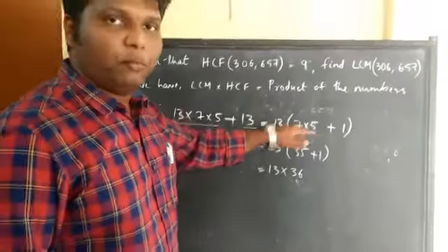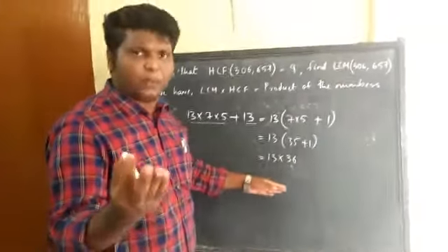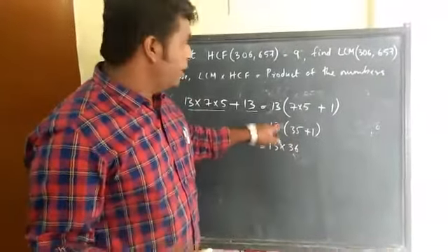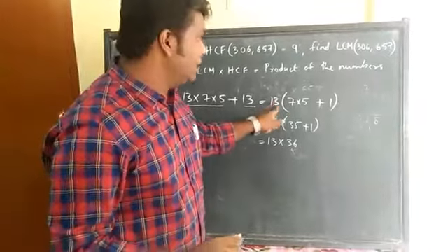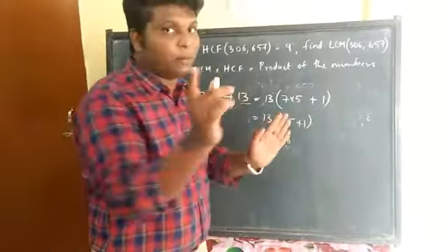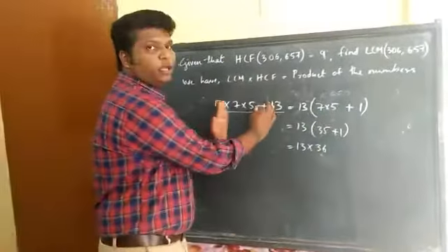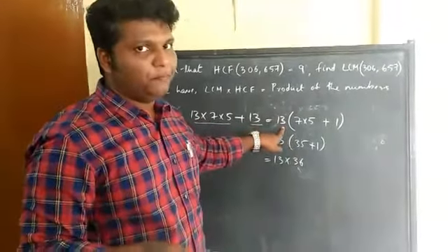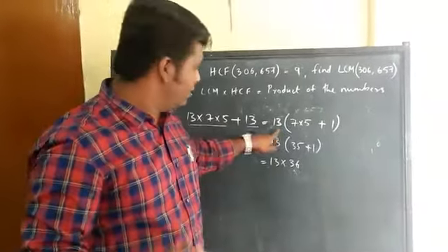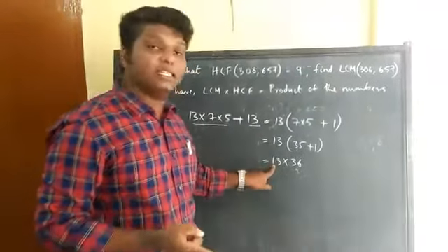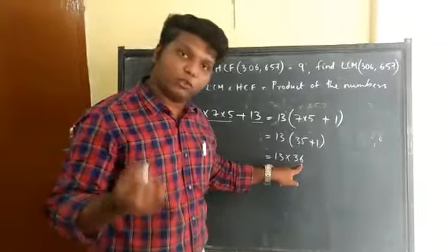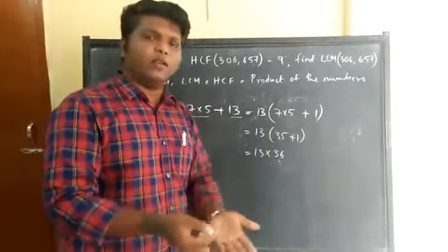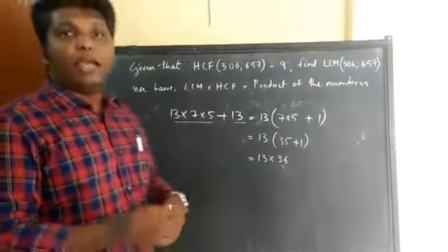Really this step is enough. But I just made up to here. It depends upon your confidence. If you are able to make up to here, it's okay. But from here itself it is very clear: 13 into a particular number. What does this mean? This number is a multiple of 13, divisible by 13. So it is having 13 as a common factor. From here we can understand that 13 is a common factor. 36 is also a common factor. Right? So more than one factor it is having. So we can write therefore this number is a composite number.